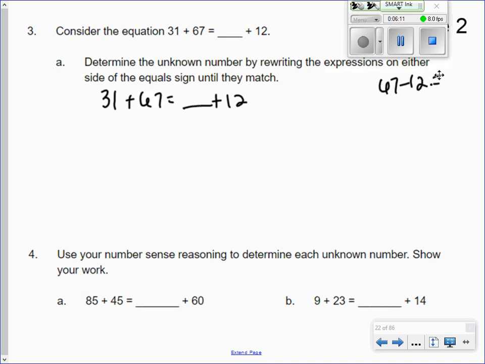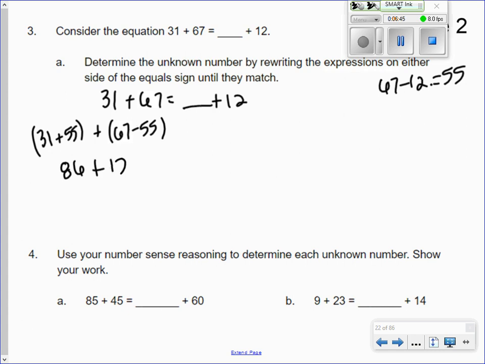55. That was silly. 55. So that means I have to subtract 55 from 67. Okay? So this is what it'll look like. 67 minus 55. But I can't just leave that hanging out there. So I'm going to add it to 31. So 31 plus 55 is 86